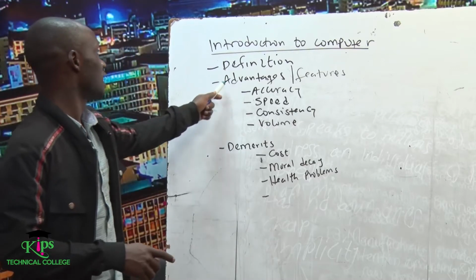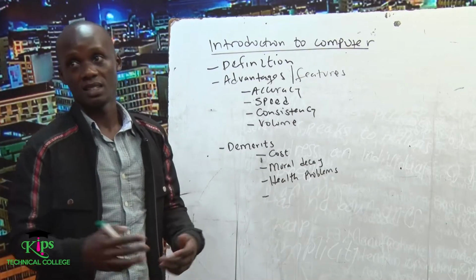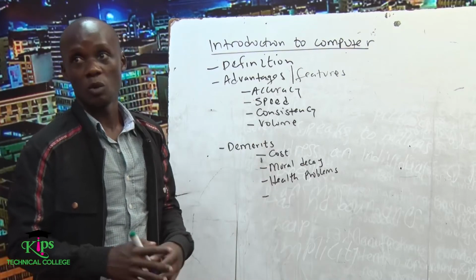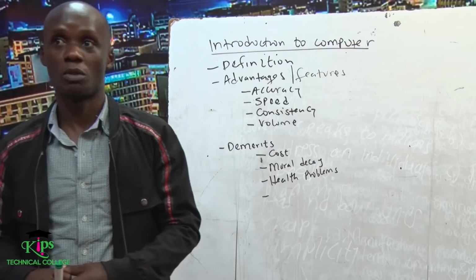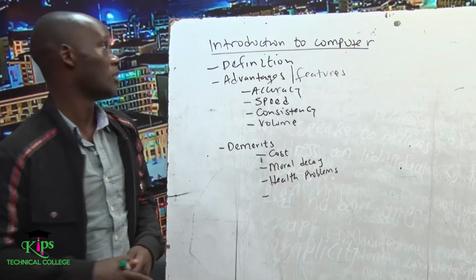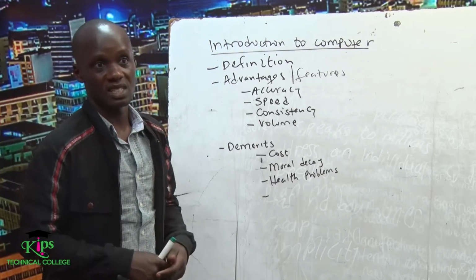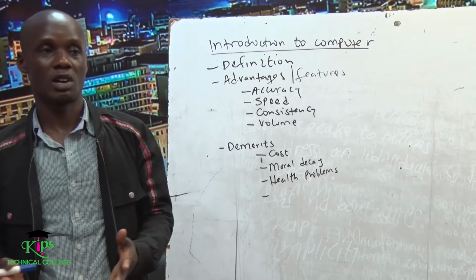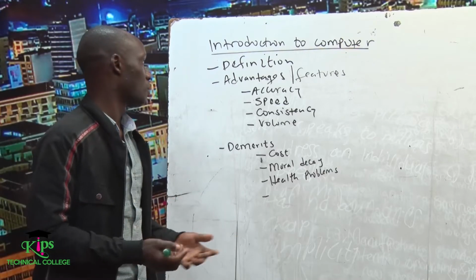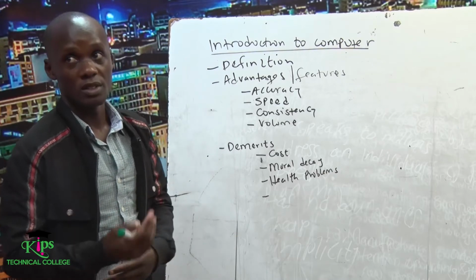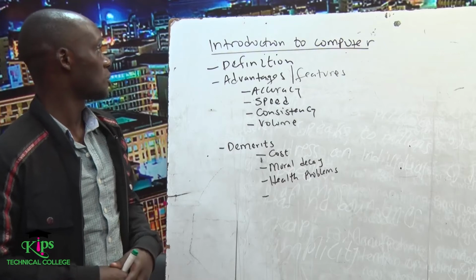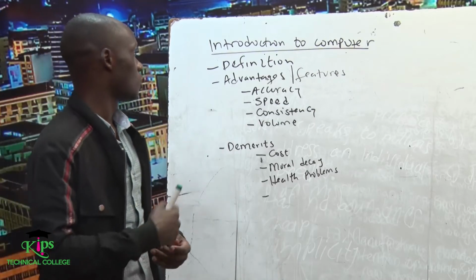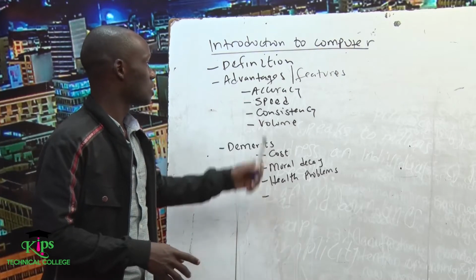Then you can move to advantages, and advantages are the same as features of our computer. So number one is accuracy. Always a computer gives out what we call correct information, and the accuracy level of information depends on what we give it as data and the programs we give it. We said the hardware resources of our computer, or the physical components, cannot operate on their own. They require what we call programs or software, which are the same as knowledge that a human being can use in solving a given problem.